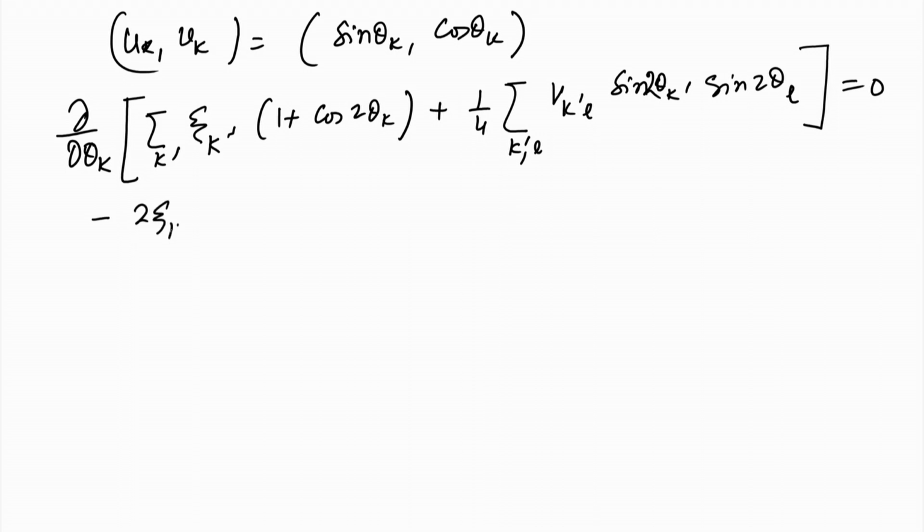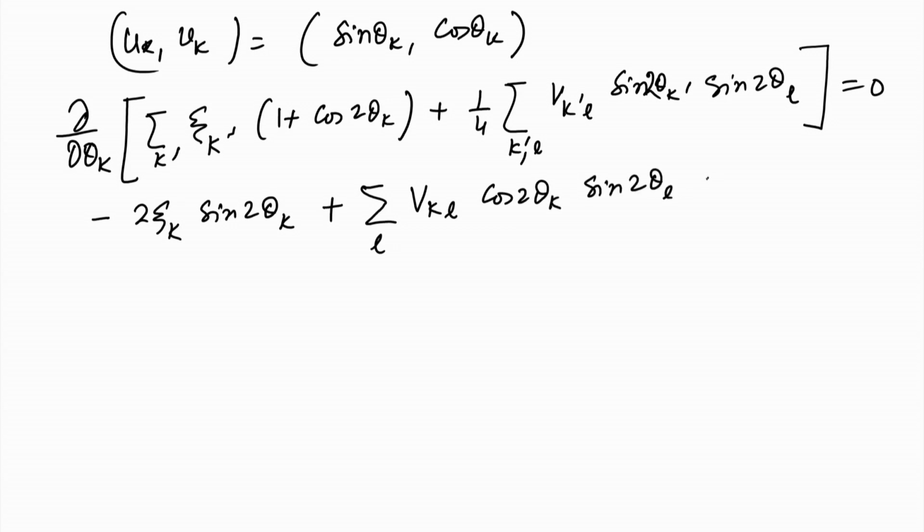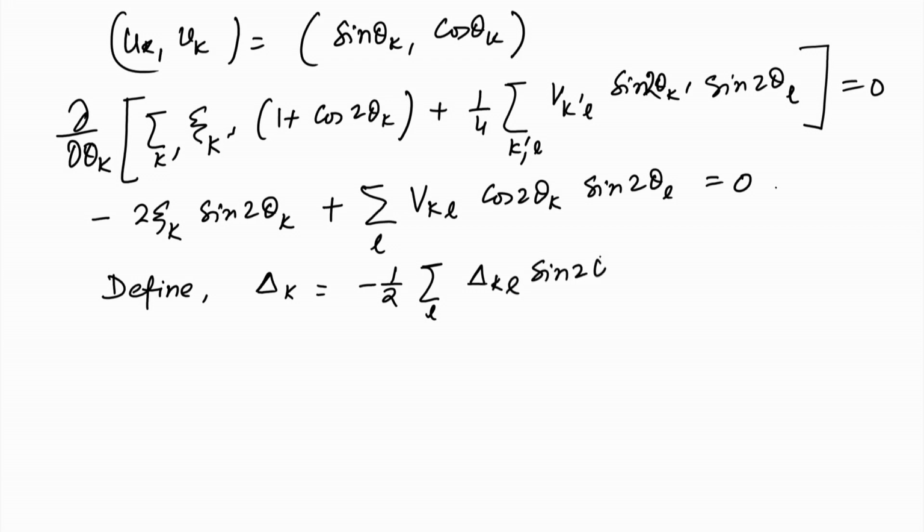So, minus 2 xi_k sin 2 theta_k after you do this derivative. So, it is sum over L, and there is a V_kL cos 2 theta_k sin 2 theta_L equal to 0. If we define delta_k equal to minus half of sum over L V_kL sin 2 theta_L, then